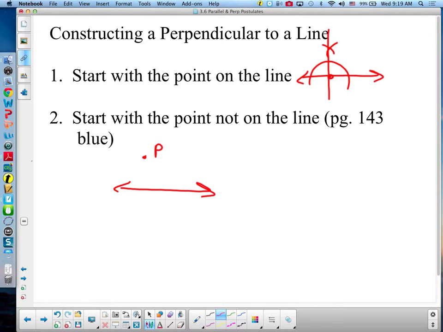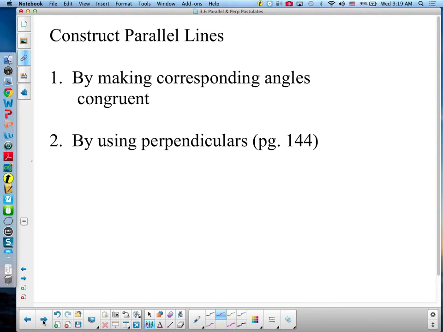Again, we started there and made an arc. From those two, we made an X. Recall those? Okay, that was a bad picture. But we're gonna put those together and make our parallel lines. So let's do the second one first, and then we might wait on the first one till another day. Let's do the one using perpendiculars, because it goes with our lesson specifically today. So grab a compass and straight edge. And on your paper,